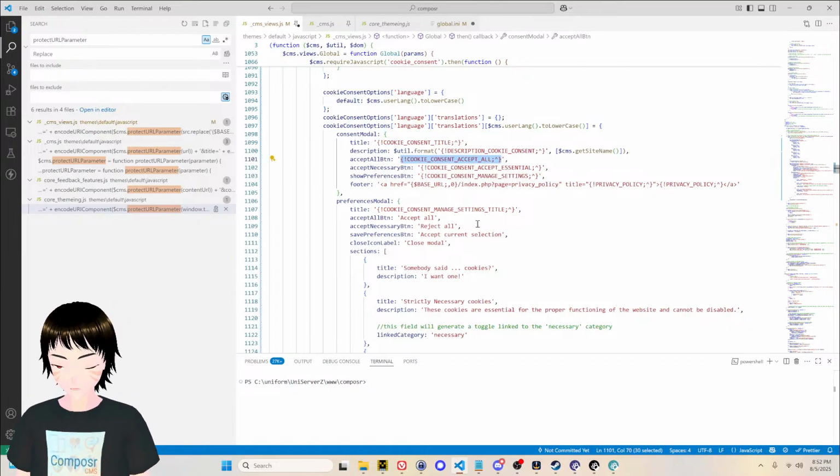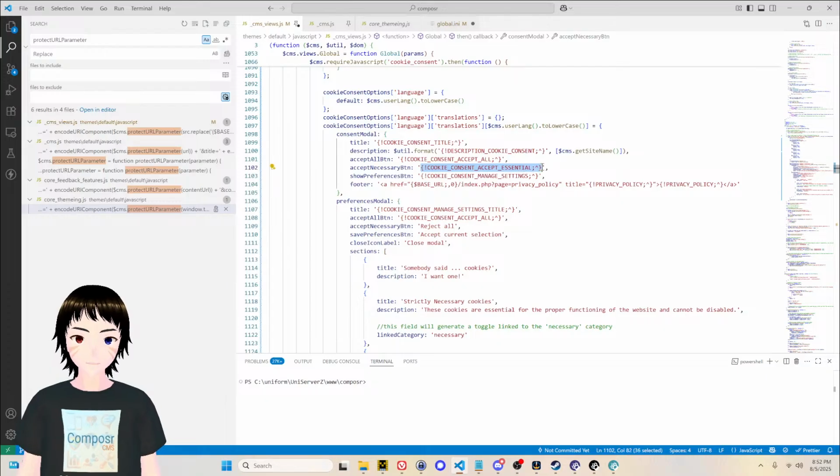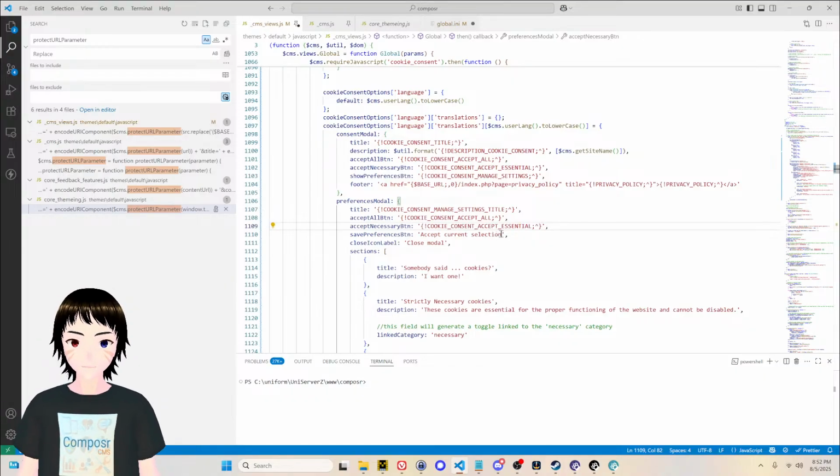And then again, accept all. We use the same language string here. Use the essential only right there. And